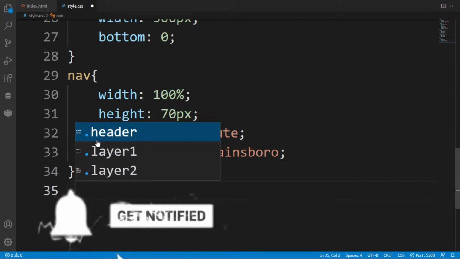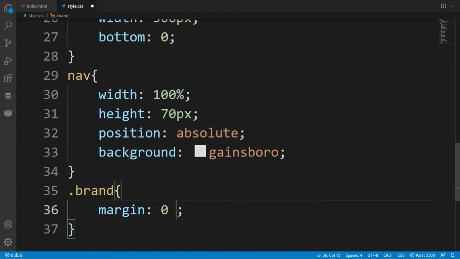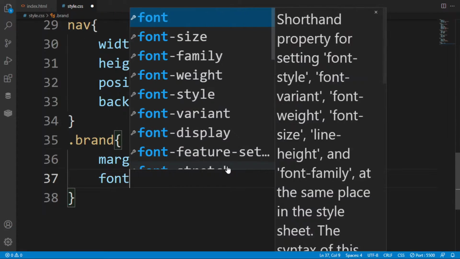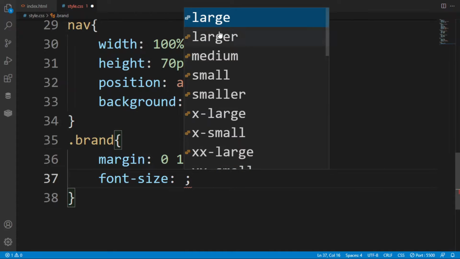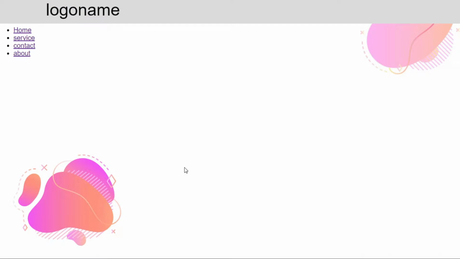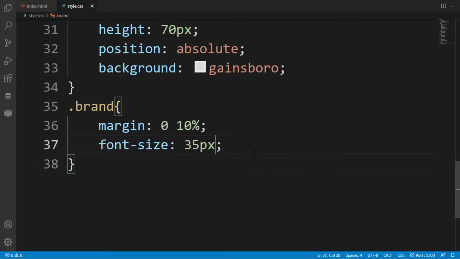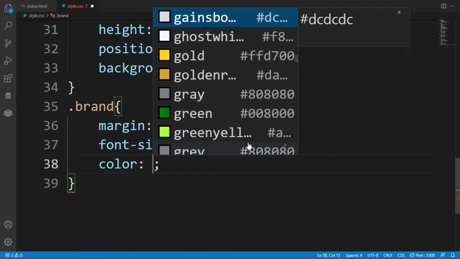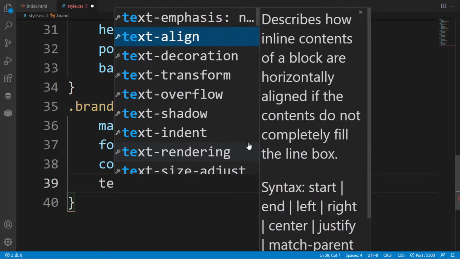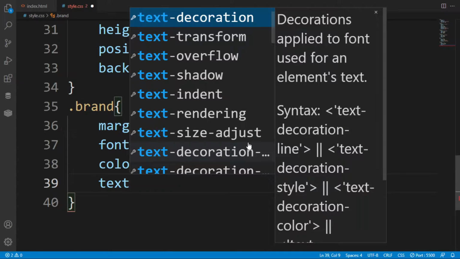Let's select this class, dot brand. Here I want to give a margin from the left side of 10%, and from the right side also 10%. Font size you can increase or make larger. There has been no effect, so cut it and put 50 pixel. After saving it, as you can see, it is more than required, so keep it at 35 pixel. After that, give a color of gray, or you can select #444, #555. #555 is better recommended, but I have shown it blacker so that it will be more attractive.